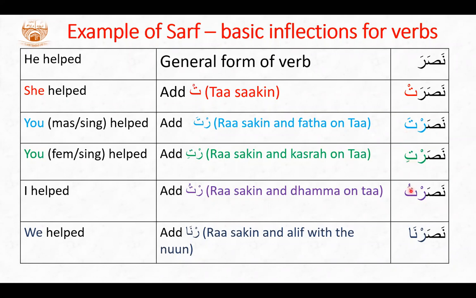Now I'm going to take this word and put a dhamma on it instead. So fatah, with dhamma on the same ta, it now becomes fatahtu, I opened. Okay. Now nasartu means I helped. And we are just learning a pattern. If it is ta, you, one man. Ti, you, one woman. Tu, I. And if we add a long na in the ending, like nasarna, it means we helped. So you say, for instance, fatahna, we opened.